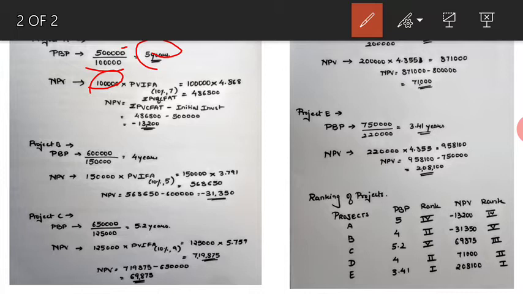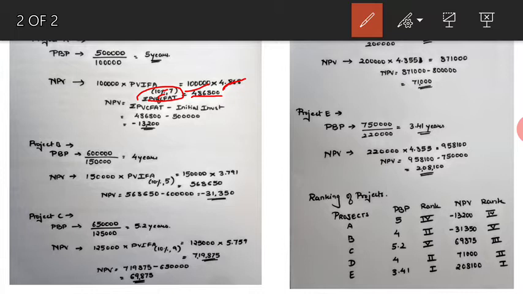Now here I cannot use the lump sum factor because 1 lakh is annuity for all the years. So I have to use the annuity factor. For how many years? For 7 years. So I'll multiply 1 lakh into present value interest factor annuity at 10% for 7 years. So 1 lakh into present value interest factor annuity at 10% for 7 years comes to 4.868. Okay, you have to refer the present value interest factor annuity table for this. So 1 lakh into 4.868 gives you 4,86,800, that is nothing but your summation of present value of cash flows after tax.